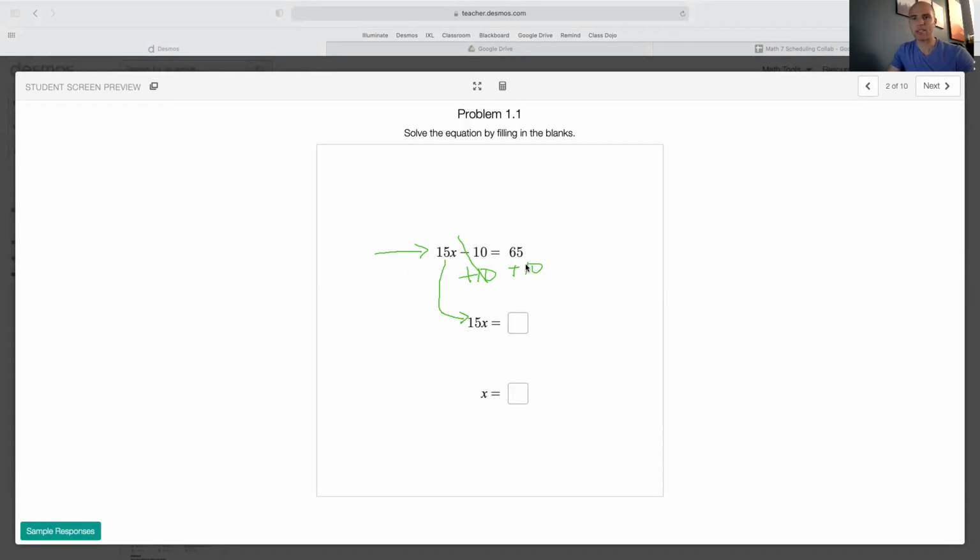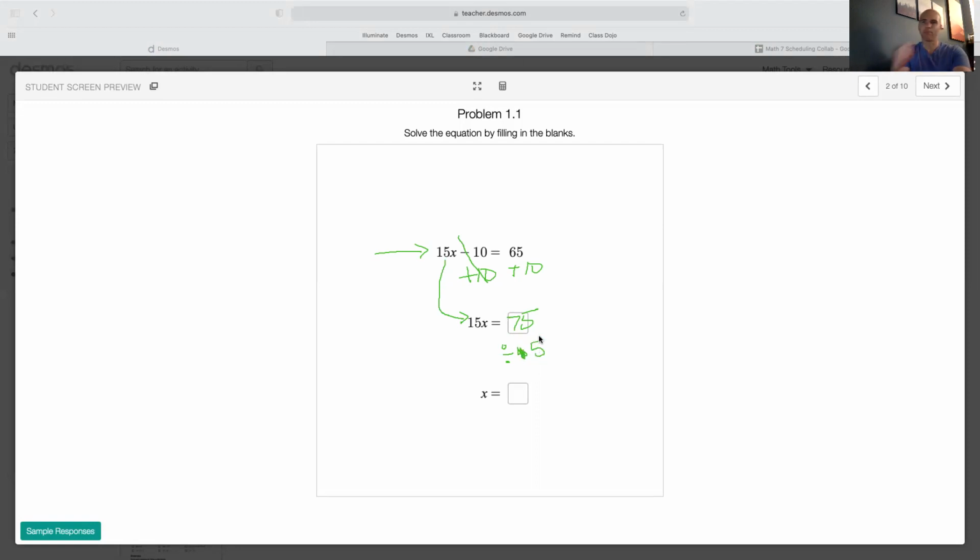On the other side, I've got 65 plus 10. That's going to be 75. So the new equation that came from doing that step is 15x equals 75. And so now I know that whatever my number is, if I multiply it by 15, I get 75. Well, that just means if I take 75 and I divide it by 15, I should get what my number is, right? So I want to do,